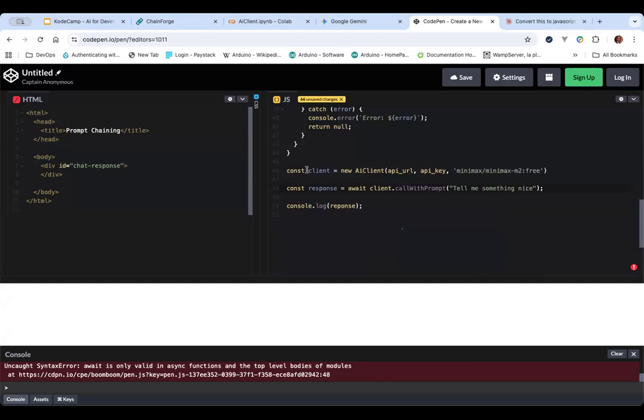Okay, so for us to make this work, we have to make a function, basically. Okay, so let me make a wrapper function. To make a wrapper function, I can say callWithPrompt equals